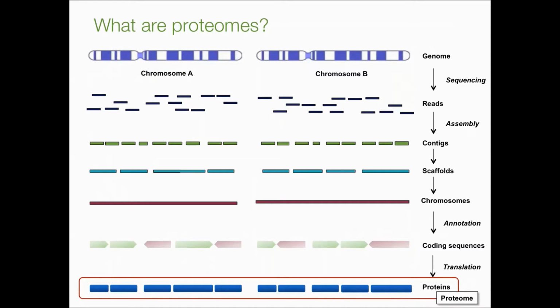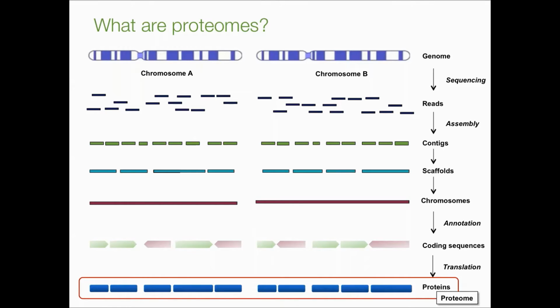So I thought a simple schematic might be useful here. Let's consider the case of a small genome made up of two components, chromosome A and chromosome B. Raw data from a sequencing study might look like this: a set of short reads that overlap and therefore can be assembled into contiguous sequences, or contigs. Further assembly of these contigs results in longer stretches of DNA called scaffolds, and this process is continued until entire